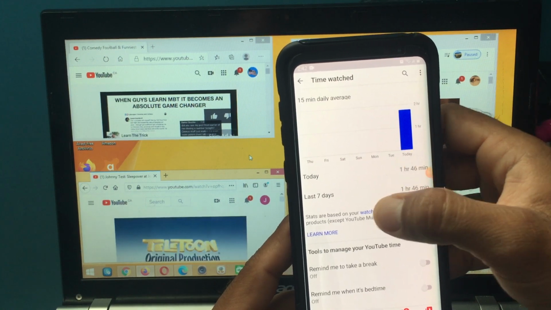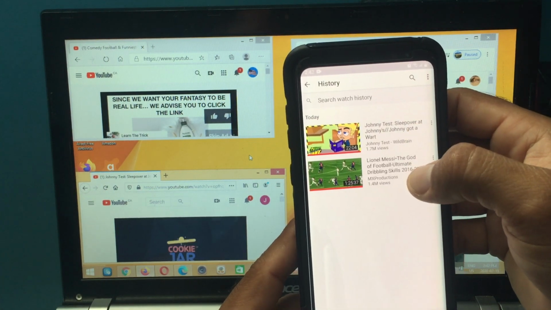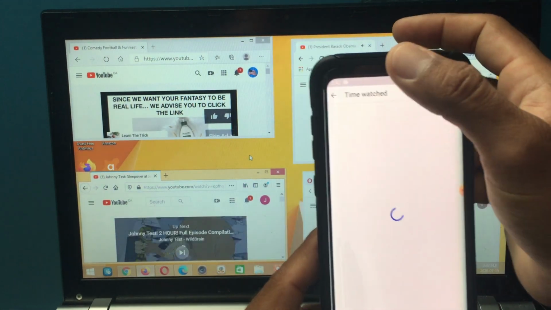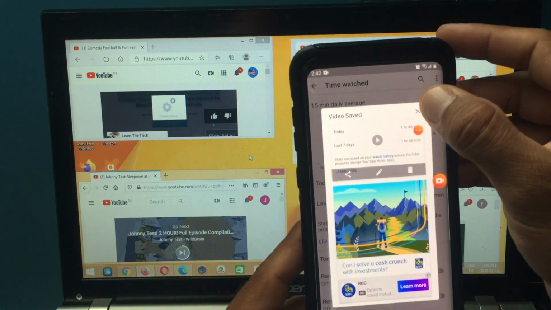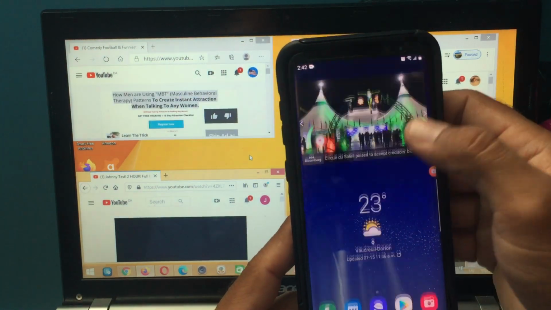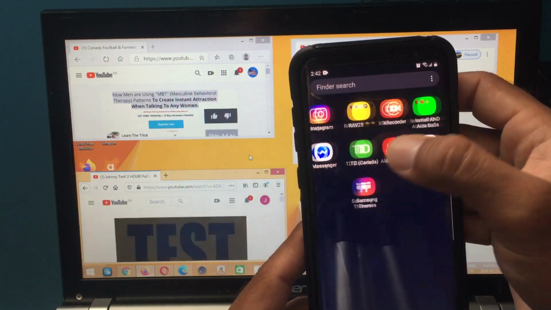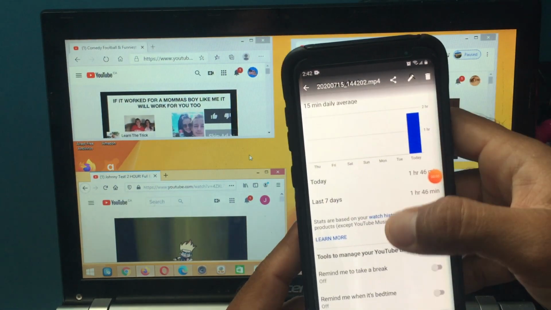Then click to the next. This is the video, it's recording. So I have proof, go back. Now we're going to stop recording, stop. This is a little screen recording, maybe less than 10 seconds. It will be saved in the app, here. This is the top one. The top one will be the last.